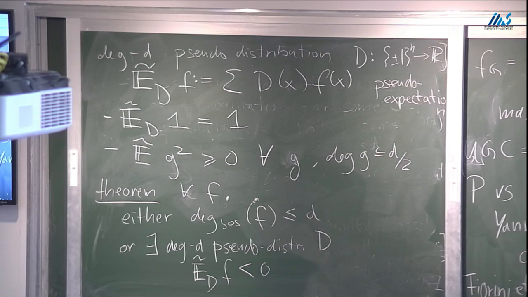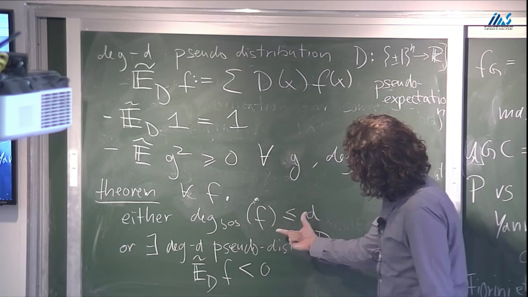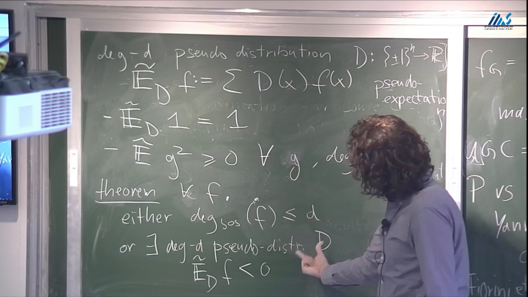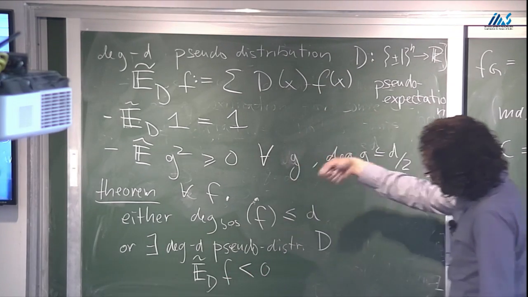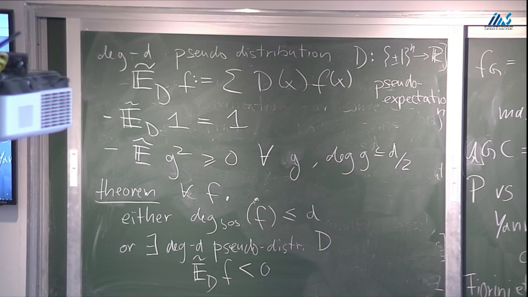There's a negative point of the function, but then of course, if the function has a negative point, then there exists a distribution under which f has negative expectation, and the distribution just puts all the mass on the points where the function is negative. Okay, but it's true in general, and the proof is